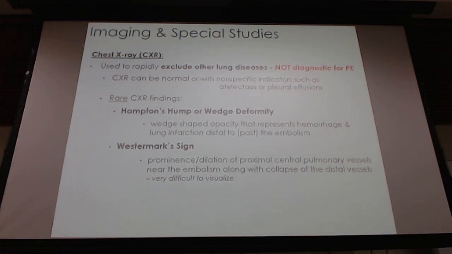And I'll show you what these look like. So this one's a wedge-shaped opacity. It represents basically a hemorrhage right past that emboli. And then this Hampton's hump means it was big enough to cause damage to that pulmonary artery, and it's caused bleeding. And so you'll see that hemorrhage distal to that emboli, to that PE. And then the Westermark sign,